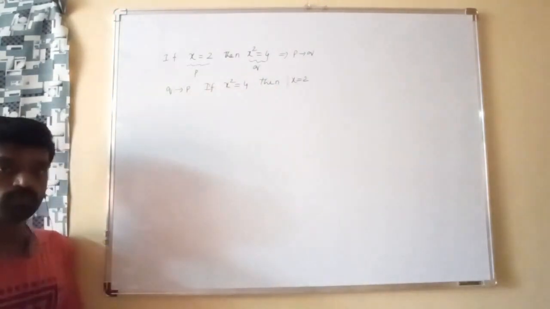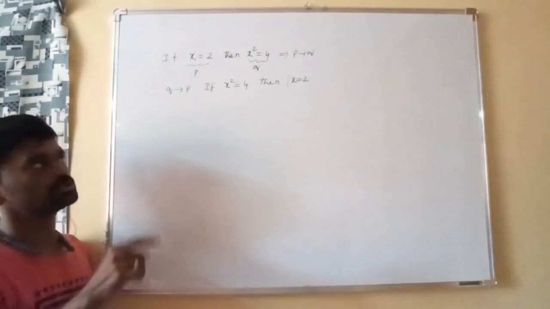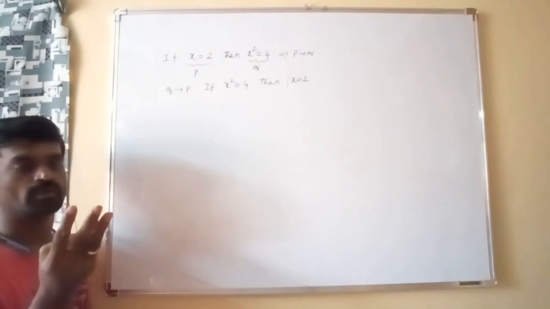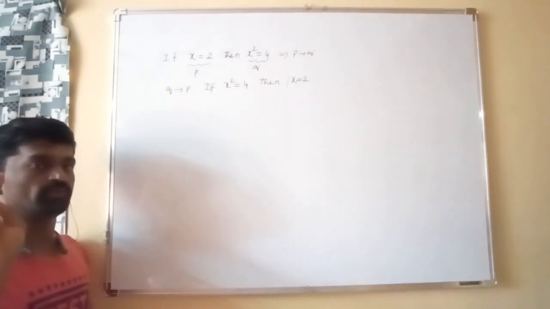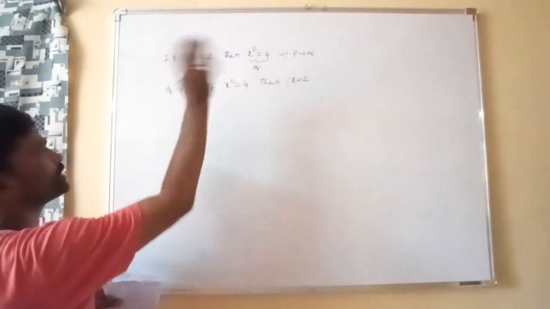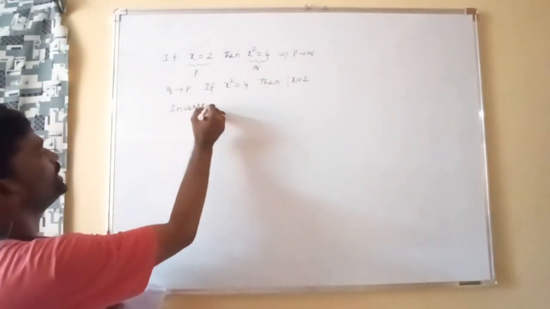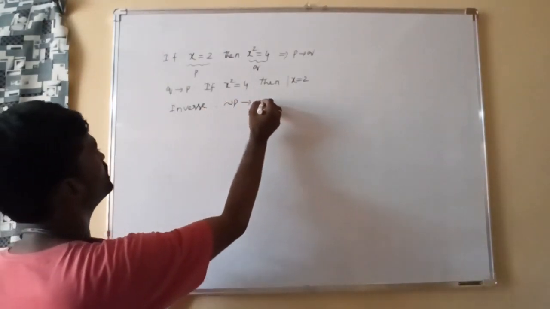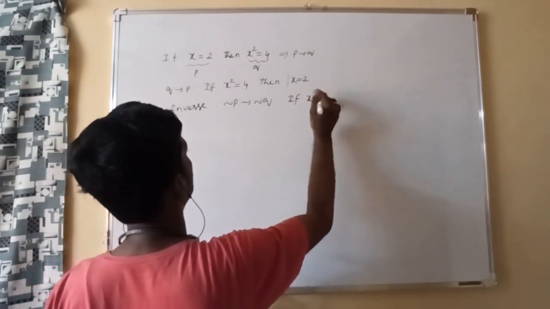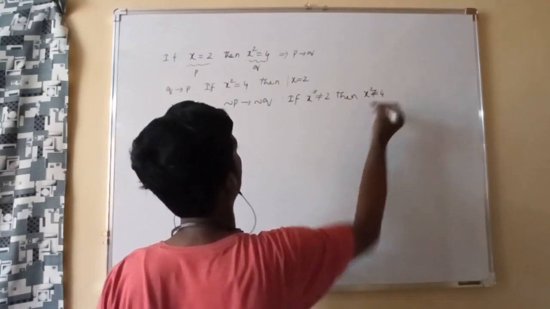Suppose they ask the question, what is the converse of the contrapositive of this same statement? The converse of the contrapositive of the same conditional. I will discuss converse, inverse, contrapositive. They are asking the converse of the contrapositive. What is left? Inverse. So just find the inverse of the given conditional. So the converse of the contrapositive of a given conditional is the same as its inverse. So what is the inverse? Negation P implies negation Q. So what is its verbal form? If negation P, x not equal to 2, then negation Q, x square not equal to 4.